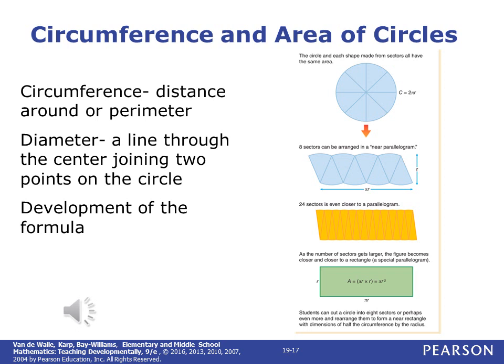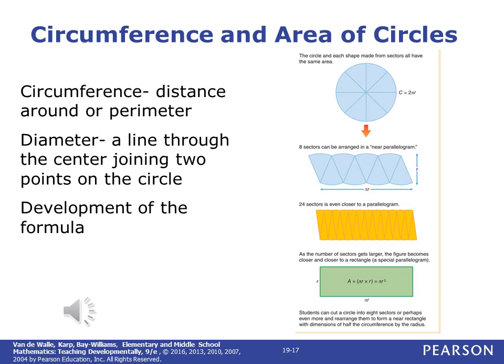Well, you have half of the wedges lined up at the top and half of them lined up at the bottom, so that should be half of the circumference. So instead of 2 pi r, just pi r. Well, if they have a near parallelogram, they could determine what the area would be. Area is base times height, which would become pi r